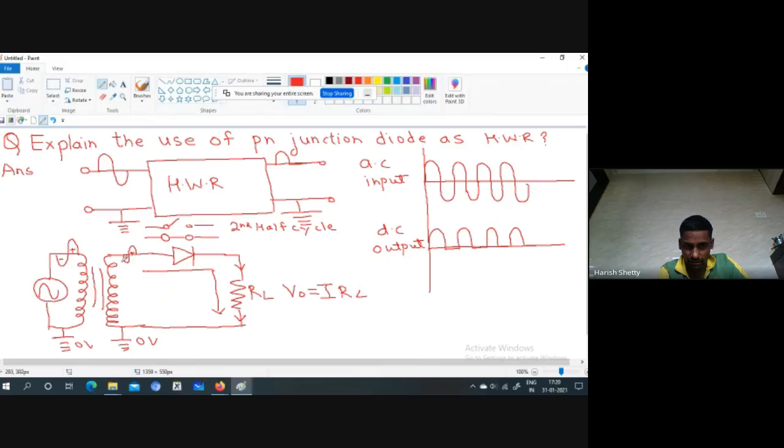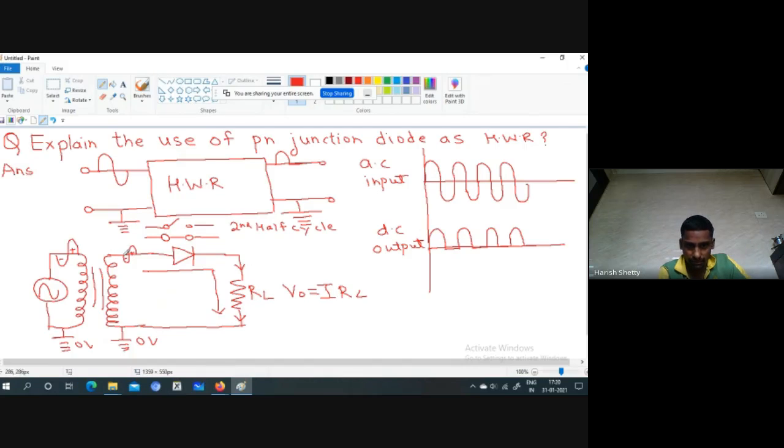Whatever this negative half cycle is there, we will get across this diode because this is behaving like an open. So all this negative voltage is dropped over here, and therefore there is no drop of voltage over here, and we get 0 volt over here. So we find here the diode is off, that means diode is open. Here the diode is on, it is conducting, and the same process is repeated during the third half cycle.